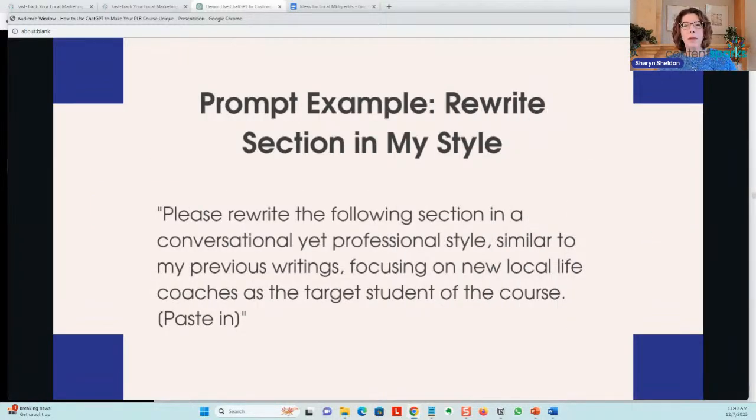So one would be rewriting a section in your own style. You can say, please rewrite the following section in a conversational yet professional style, similar to my previous writings, or you can just refer it to your custom instructions. Focusing on new local life coaches as the target student of this course, and then paste in the small section that you want to rewrite. And what that looks like